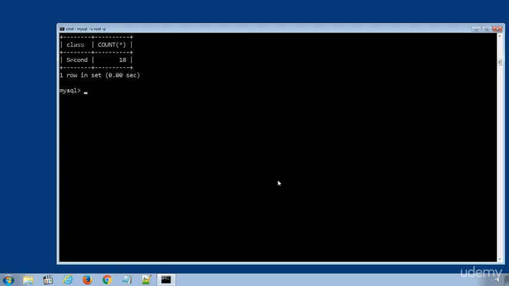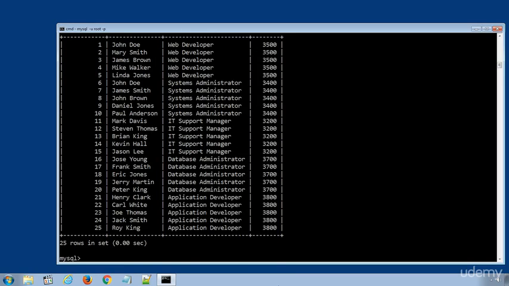I will select the company database and run an SQL statement to display all the records in the employees table. SELECT * FROM employees. Now let's count how many employees we have under each job title and display their salaries. The SQL statement will be